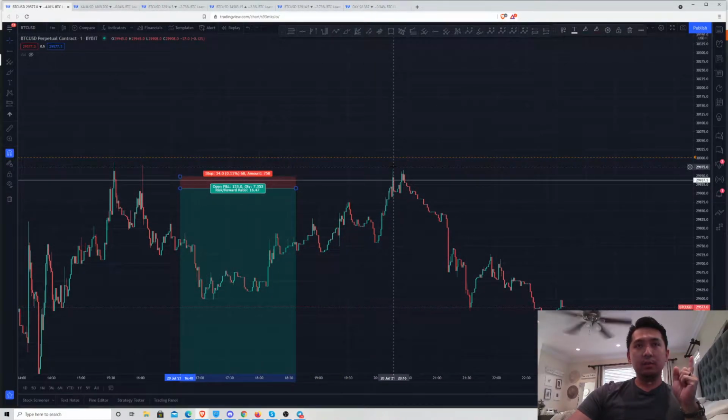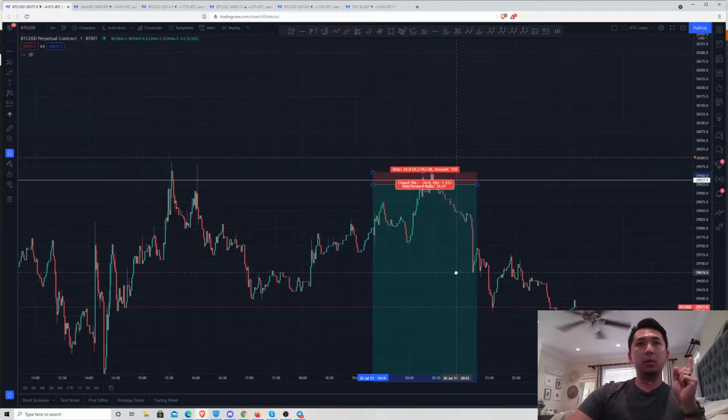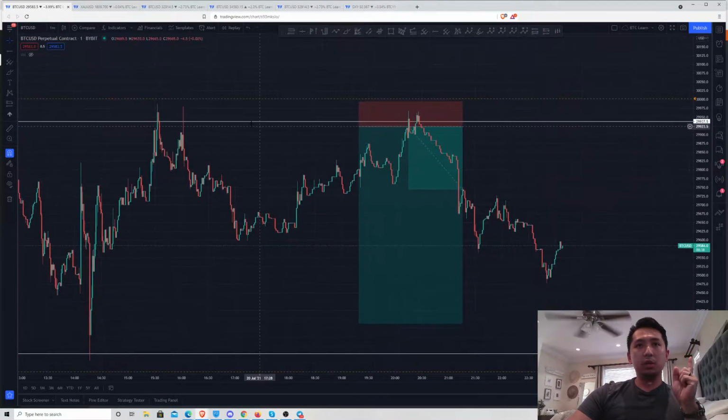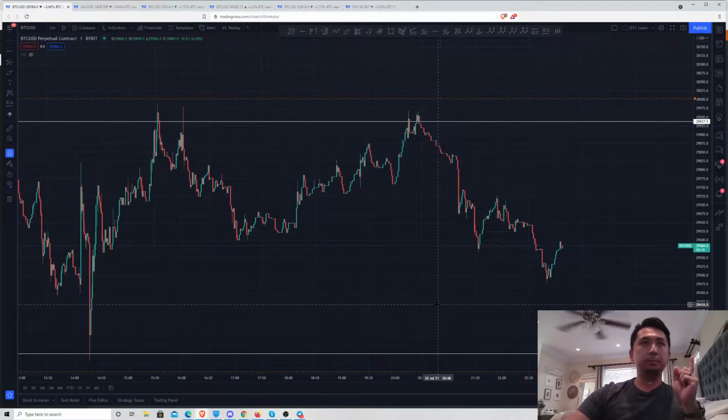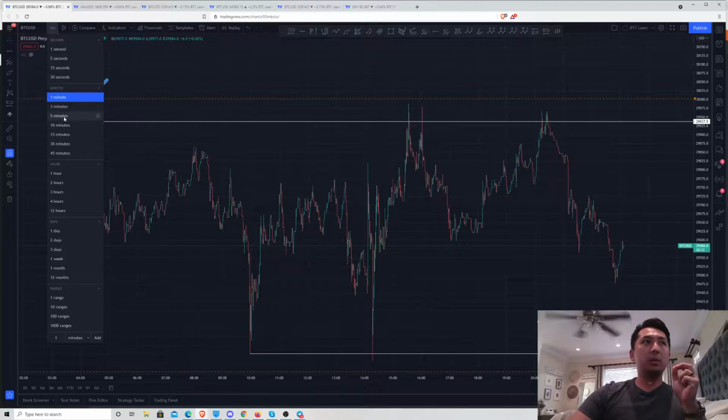But I wouldn't necessarily do it on the first attempt up. You have your first attempt up, failed. Okay, second attempt up, this is where you look to grab it. The fail right here. So you can probably go when it comes back in a little bit. Still a phenomenal risk to reward ratio. You would have hit at least one take profit, right? So I'll talk about entries first, and then I'll talk about